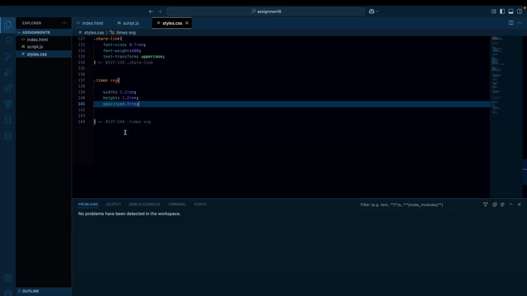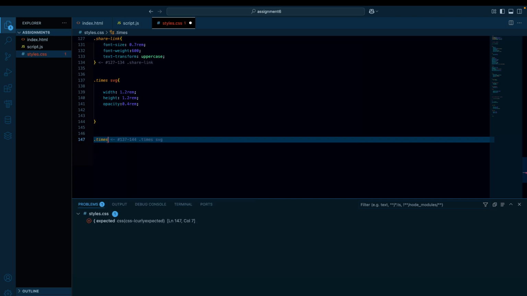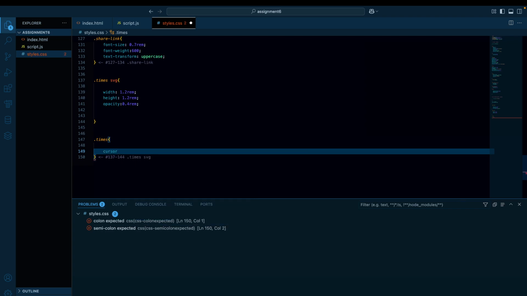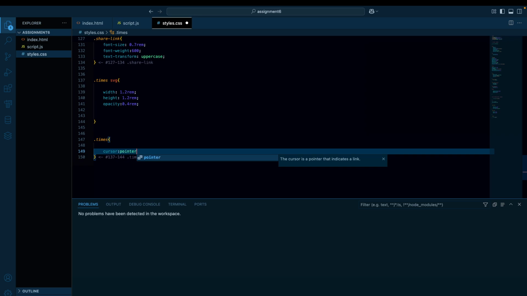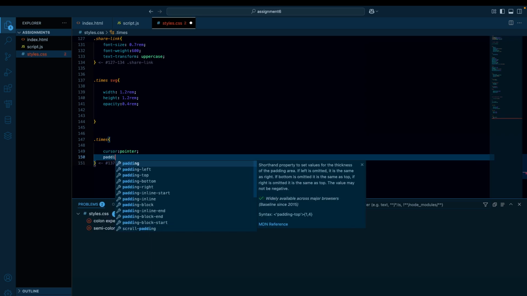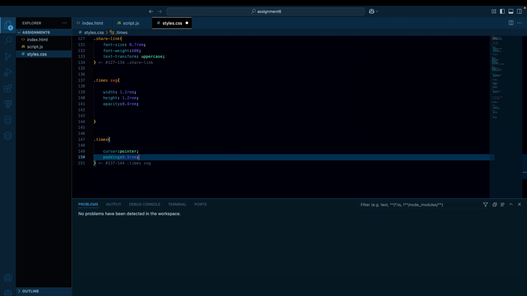First is the cursor pointer, right? So if I come here and then if I do cursor pointer and then 0.5 rem,